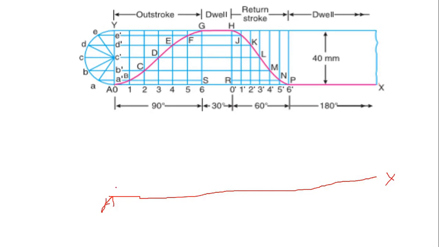Now the second process is to draw a vertical line from A of 40 mm because the cam lift is 40 mm. Now draw 40 mm in the vertical from A and complete a rectangle like this. And after that from the A position draw a 90 degree of the cam rotation, that means 9 centimeter. We have to put 9 centimeter. This line shows the 9 centimeter from the A position.